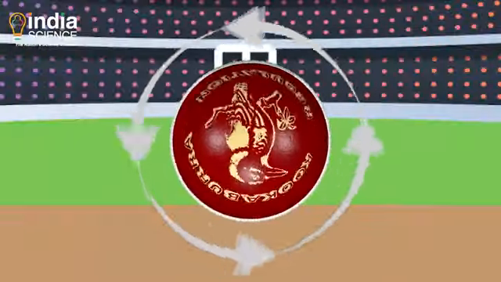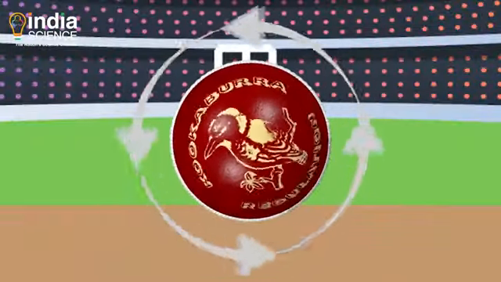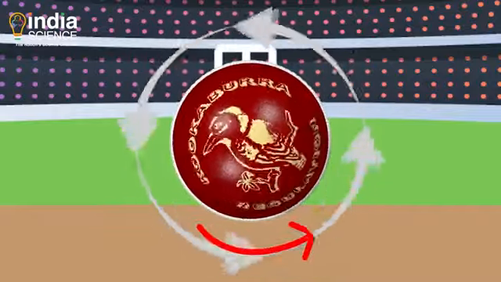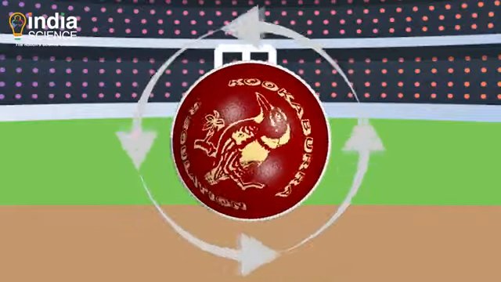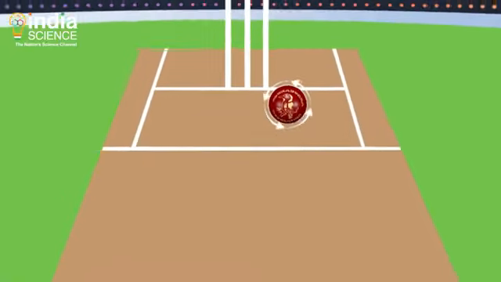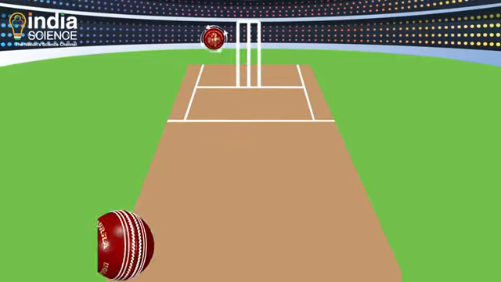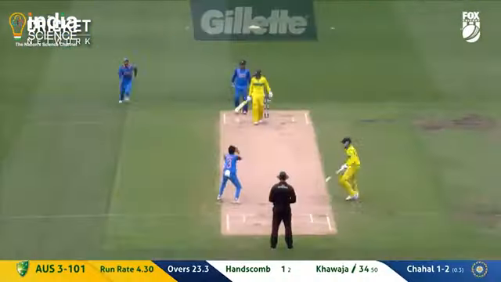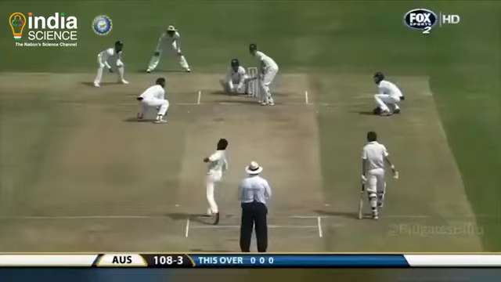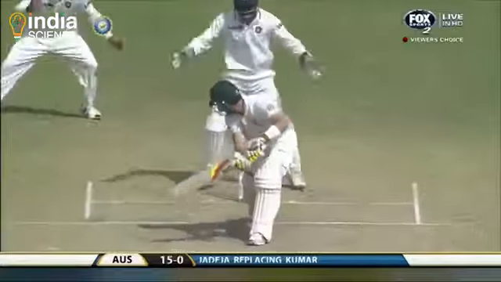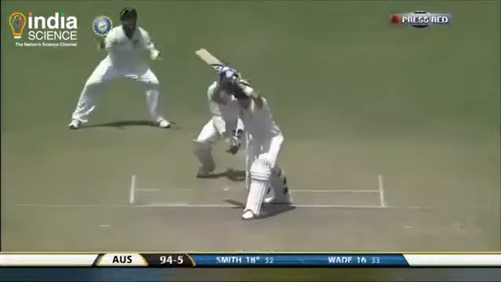If a right-arm bowler rotates the ball anti-clockwise, then the direction of rotation at the point of contact is rightwards. The friction acts in the opposite direction, and hence the ball moves leftwards. This is known as the leg spin. If a right-arm bowler bowls this way, then he is known as a leg spinner, and if a left-arm bowler bowls this way, then he is known as left-arm orthodox or slow left-arm.